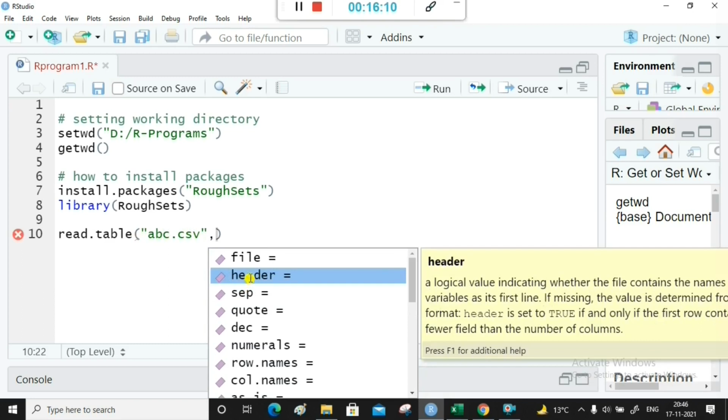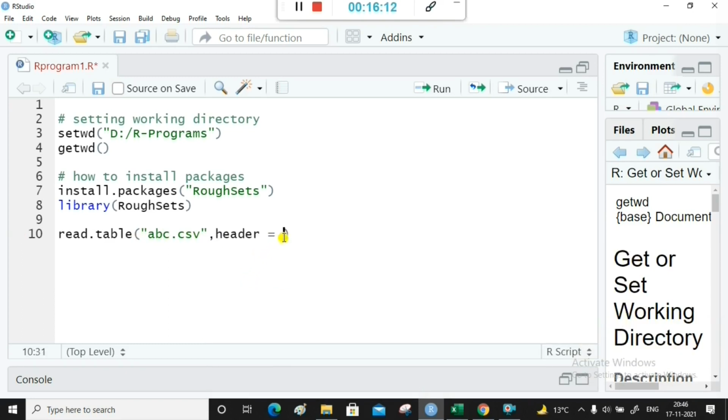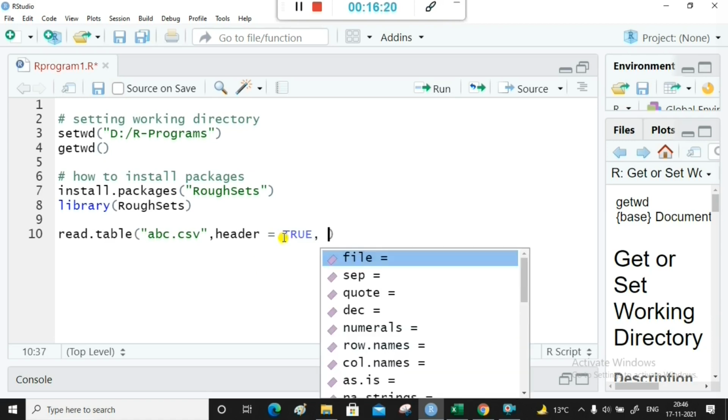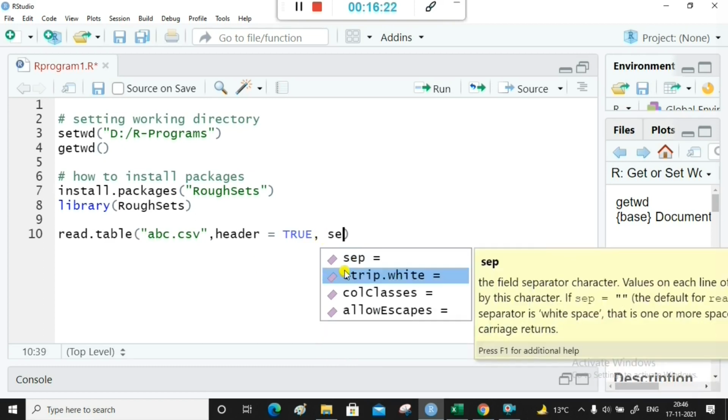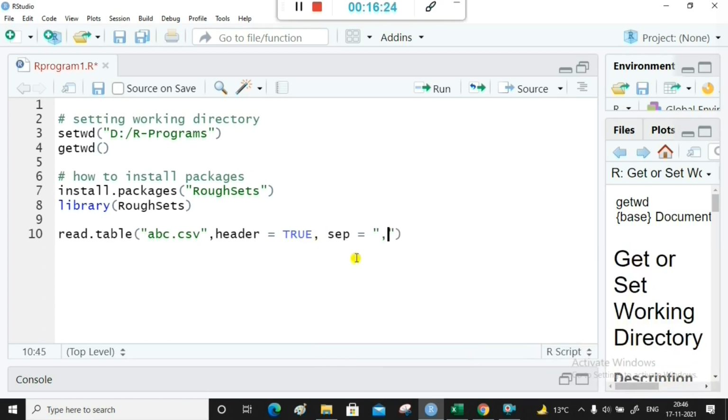Next, header equals TRUE. That means I want to read the file along with its column names. Next is sep equals comma. That means it is a .csv file, comma separated value file. For this I have to mention it here that it is comma separated value. So I have given here comma.